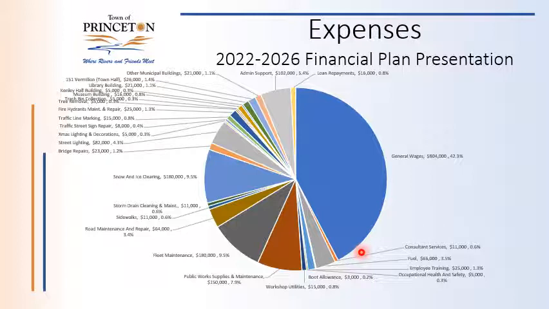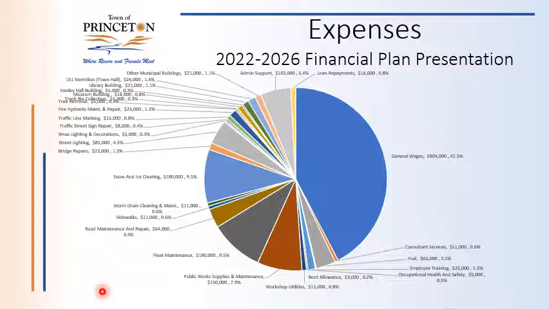This is a fairly good ratio. 50-50 is probably the benchmark. Half wages, half labor subcontractors. Anything more than that, and the wages are starting to become too much of the overall budget. Much less than 40% probably reflects a labor shortage in the Public Works Department, and also needs to be addressed. But I think we're in pretty good shape when it comes to the ratio of expenses in the Public Works Department.